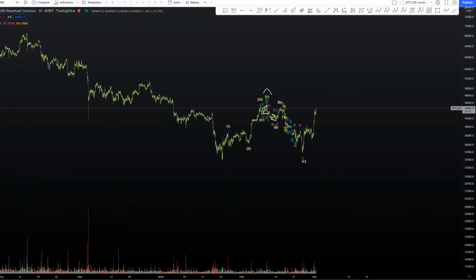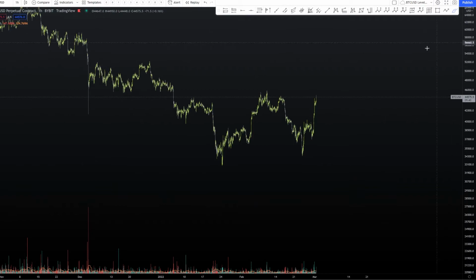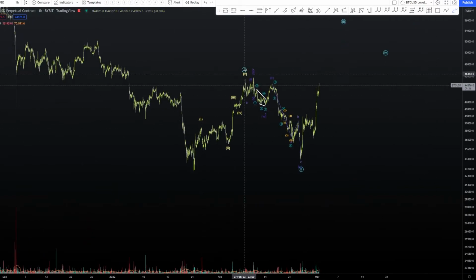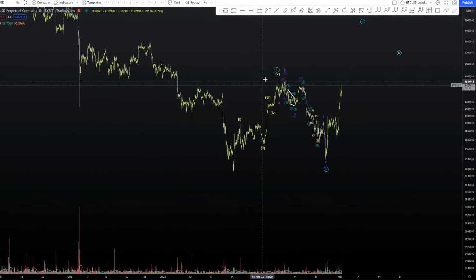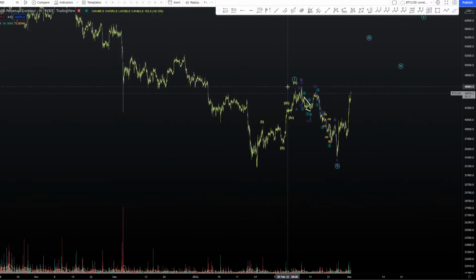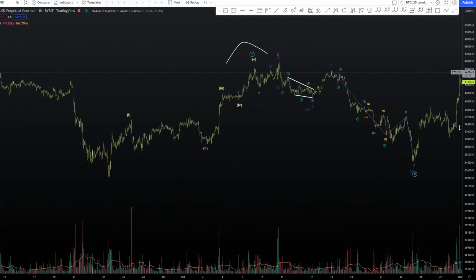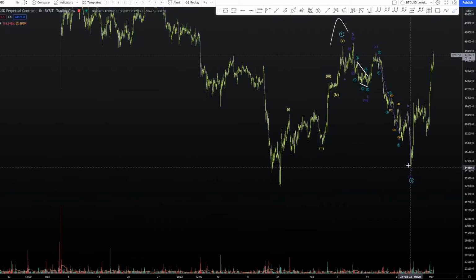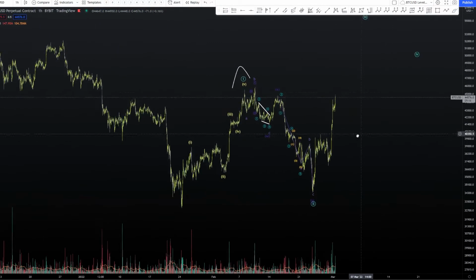Now, there's two other bullish counts I could go through. So that would be this one right here. This would be a 1, 2, 3, 4, 5 to put in this wave 1. This could also be wave A in the case that this is a zigzag for A, B, C all the way up here. So keep that in mind. So what we're looking at for this correction is actually putting this wave 5 here. This would be a WXY. And then we ended this correction down here, and we're going to be coming up for this wave C or